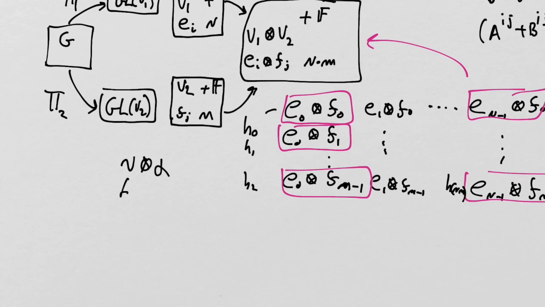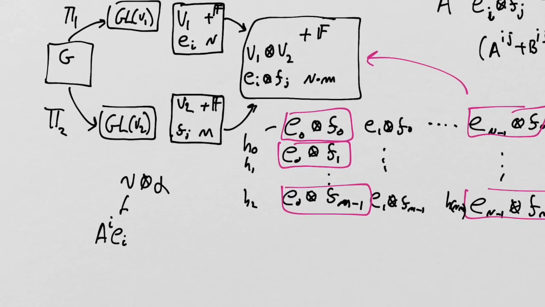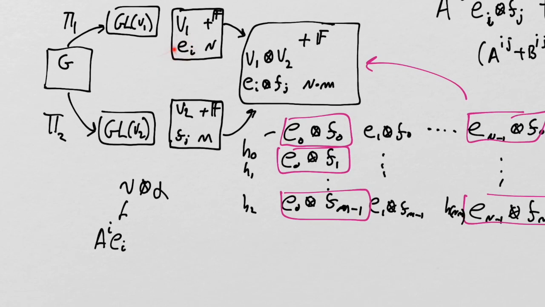And v would be given by, say, let's see, I guess I would have to do a_i E_i, that would be the component breakdown of the vector v in the vector space V1, right? Because we have E_i as the basis. So any vector v can be expressed this way. Likewise, the other one would become, how would I write that? Well, I'll just use a different capital letter, B,